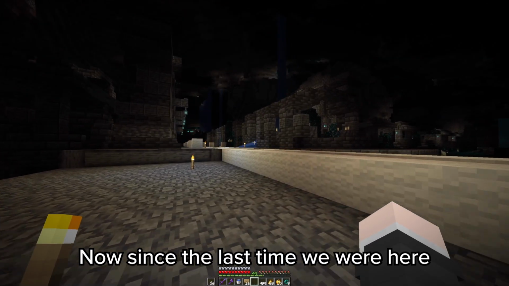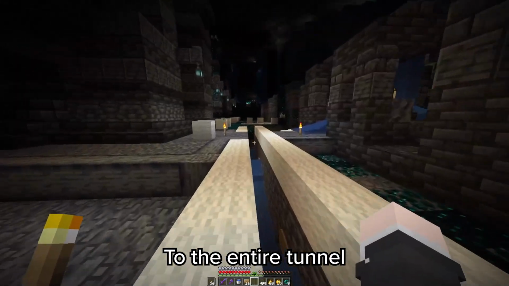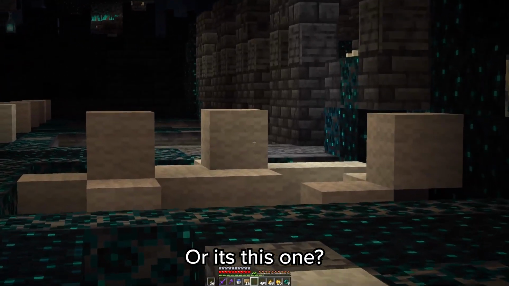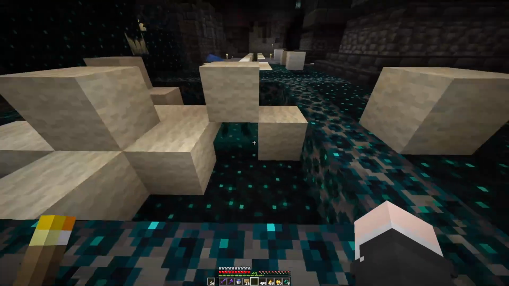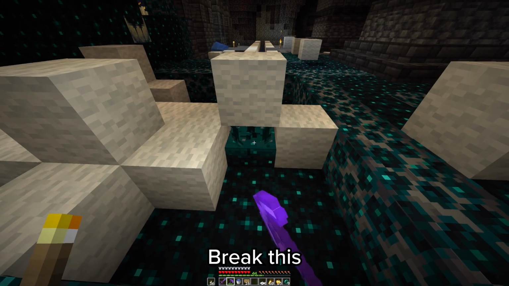Now, since the last time we were here, I dug this out, which is the funnel system to the entire tunnel. And if we come all the way over here, this little white block right here, or it's this one, is a skulk sensor. Well, a shrieker and a skulk sensor. So what I first need to do is grab my pickaxe, break this,